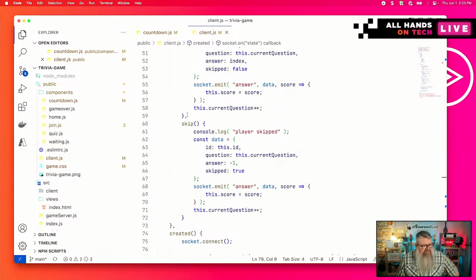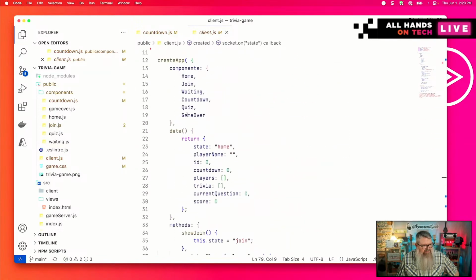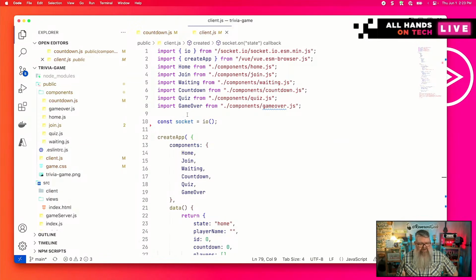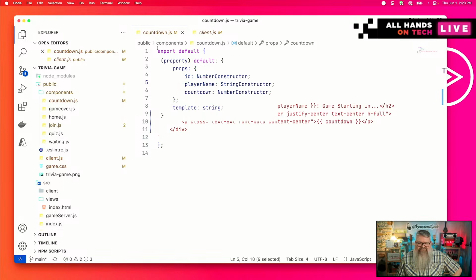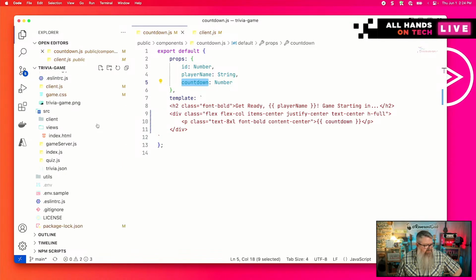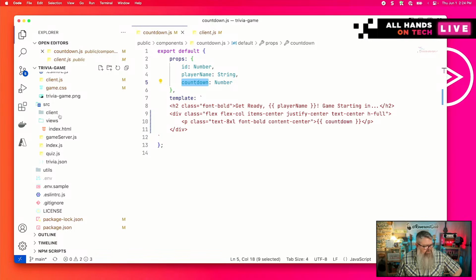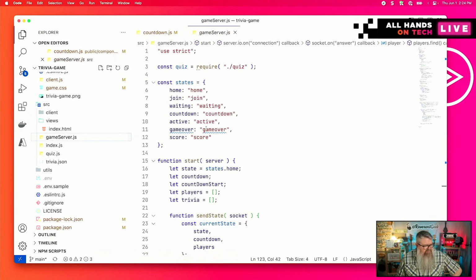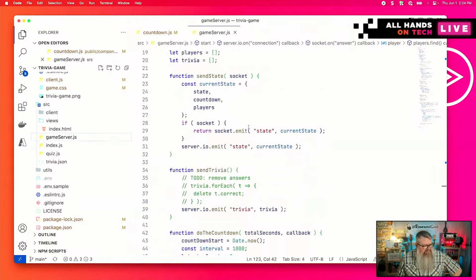And one of the things I would like to do while we're testing this component in particular is to increase the countdown. Right now it's set to 3 seconds, and that doesn't give us a whole lot of time to look at the component before it goes away and the game starts. So on the server, which is in the source folder, gameserver.js,